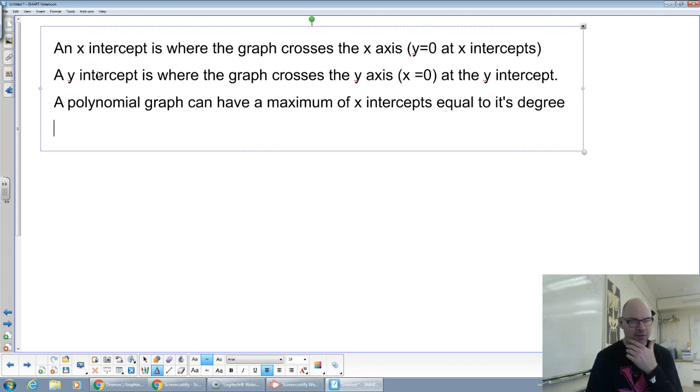Not always will it have the same number of x-intercepts. It can have up to that many and less. So x squared can have 2 x-intercepts or 1 x-intercept. X cubed can have 3 x-intercepts or 2 or 1 or even none, depending on if it's shaped underneath the x-axis. Sorry, guys. Okay, so another thing about a polynomial graph